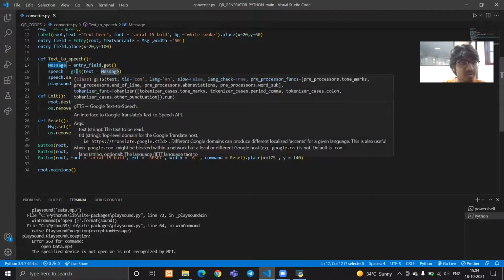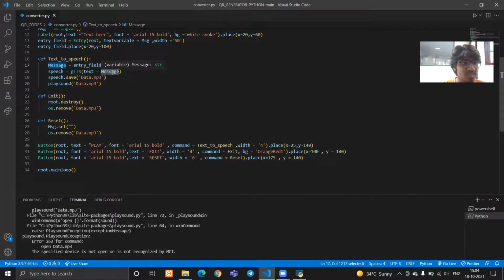And here comes the main part. Here we are using the gTTS library, where we will pass the message variable which we just defined here into the text parameter of gTTS. And this whole thing is stored in our speech variable.